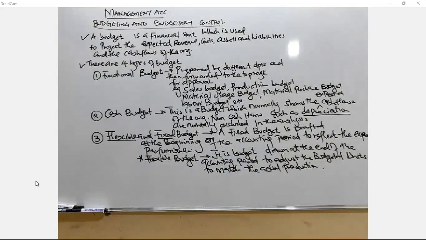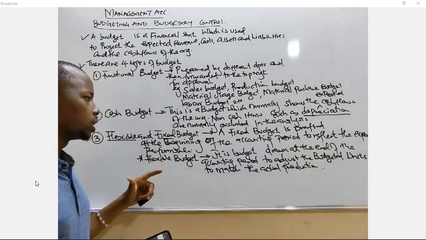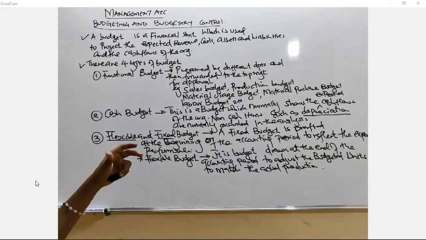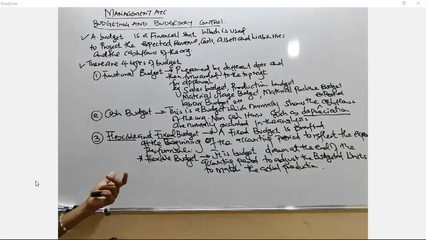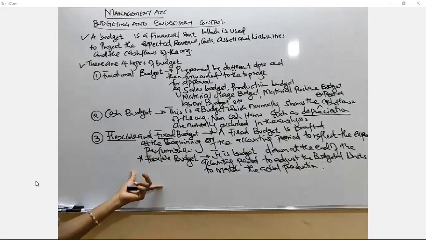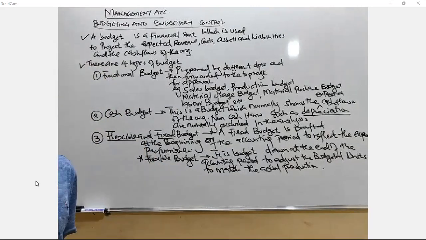But we are saying that when the flexible budget is drafted, then the variable costs and the sales volumes are normally adjusted. So in this case, the purpose of preparing the flexible budget within the organization, because we are adjusting what we prepared at the beginning of the accounting period to match the actual performance, is that the flexible budget is prepared to motivate the employees within the organization. That is why we are coming up with a flexible budget.